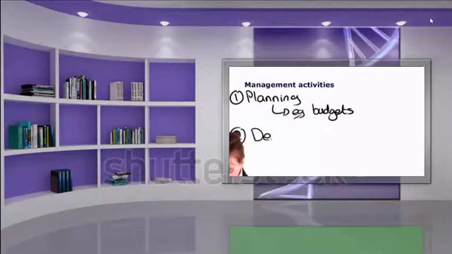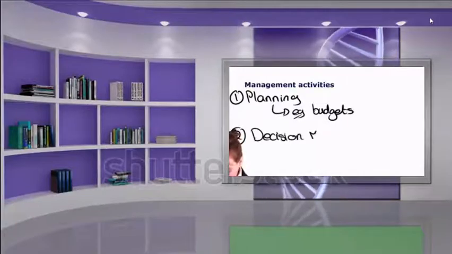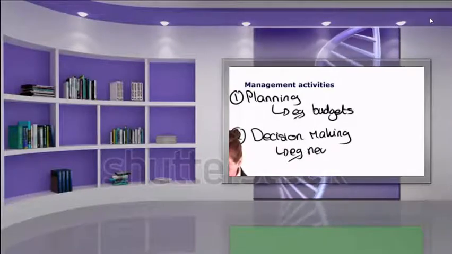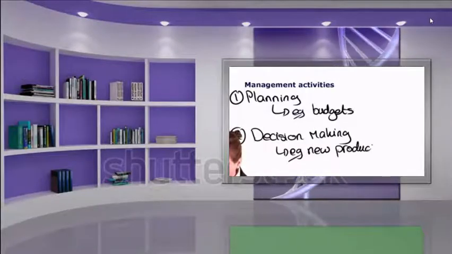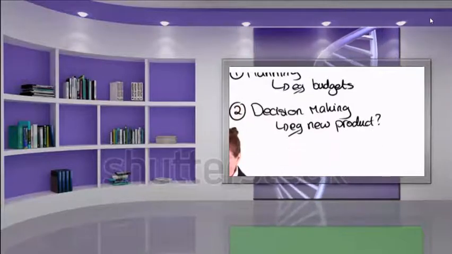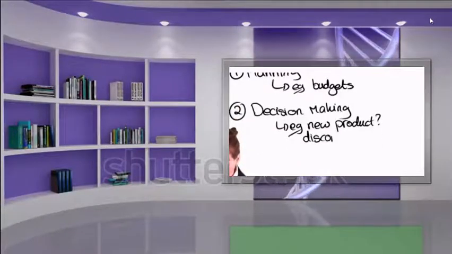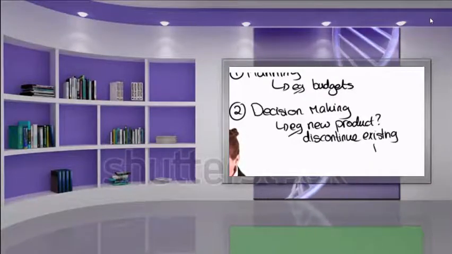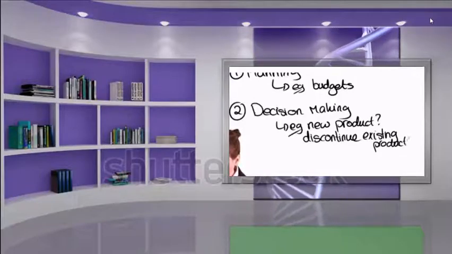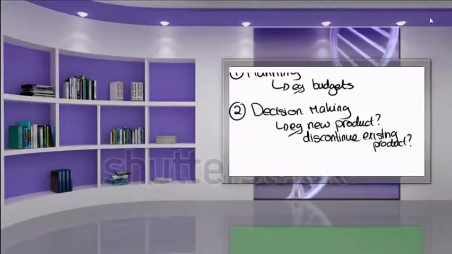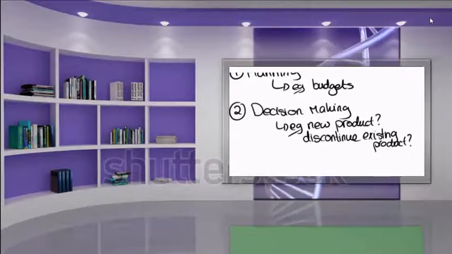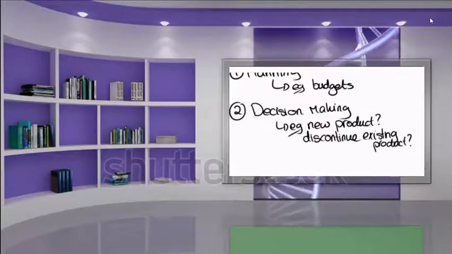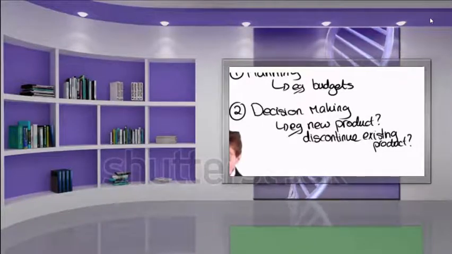Second, we said, was decision-making. So, for example, deciding to launch a new product or discontinue an existing product. If management are making decisions like this, then they would need to think about the costs and revenues associated with that particular decision. And our third activity,